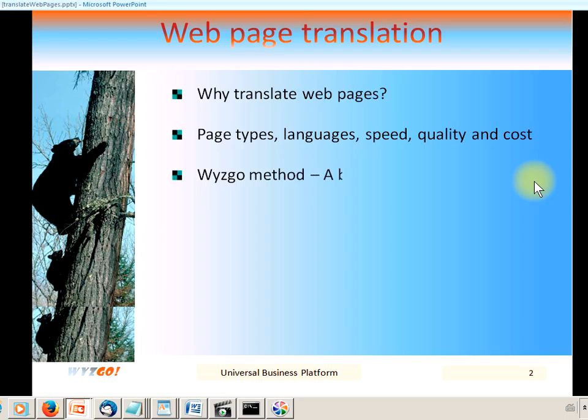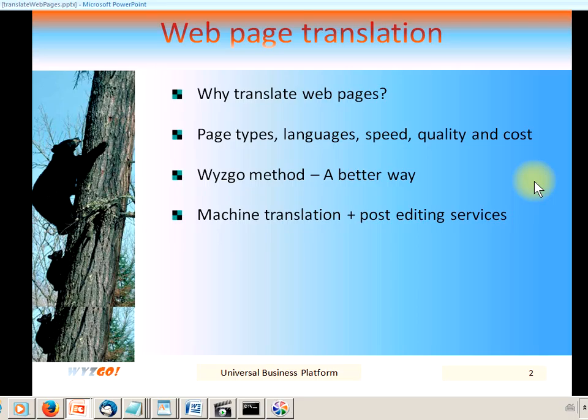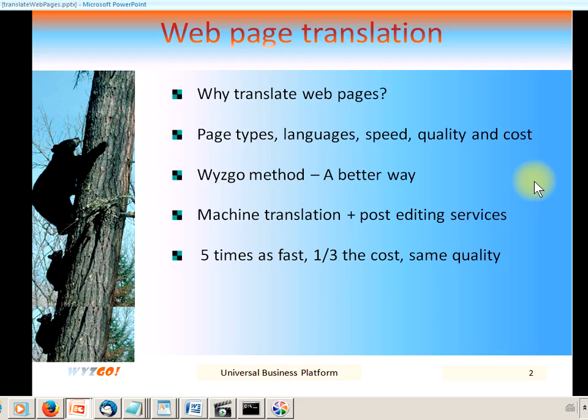For quality translation of web pages, the conventional method is too slow and costly, especially if you want to reach multiple language audiences. Current methods are tedious and error-prone. The Wisgo web page translation method offers a better, more affordable way without sacrificing quality. We use a fast machine translation method and then deploy human editors to smooth the translation results. With this approach, you get the job done 5 times as fast as traditional methods and at costs below 1/3